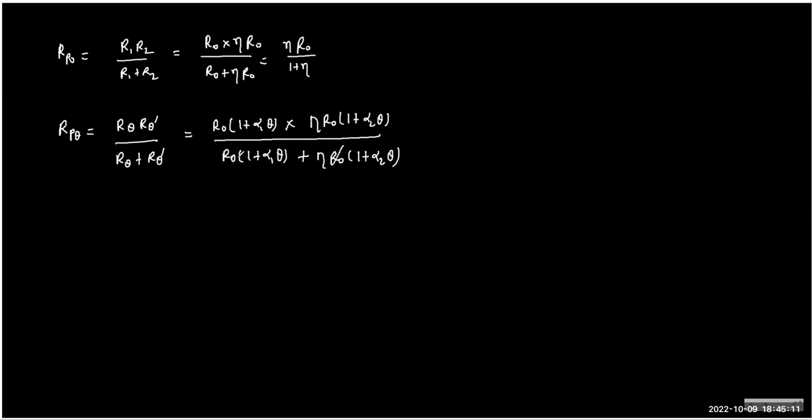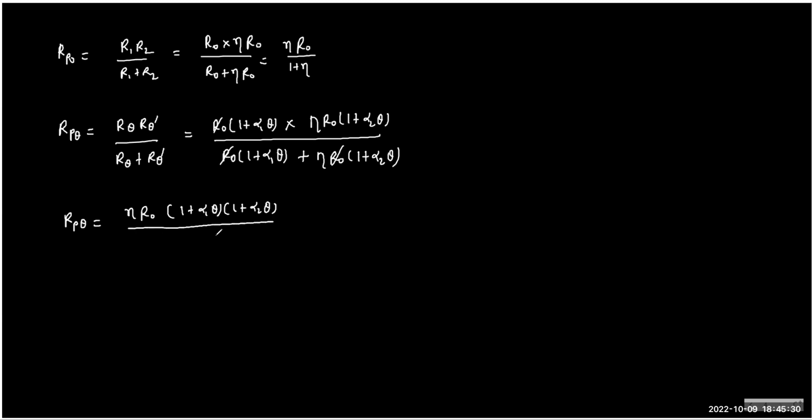Now the R naught will get cancelled from one of them. So what we are getting is eta R naught into 1 plus alpha 1 theta into 1 plus alpha 2 theta